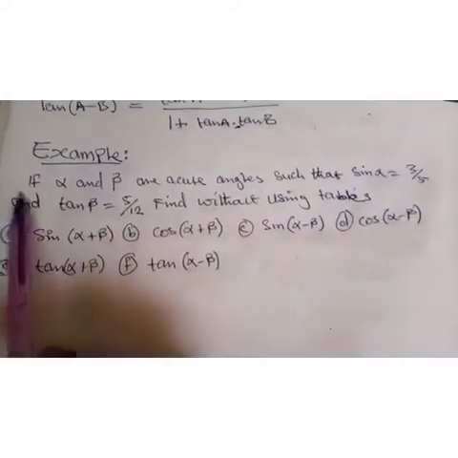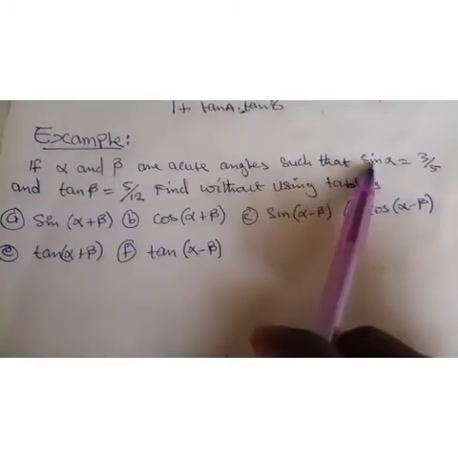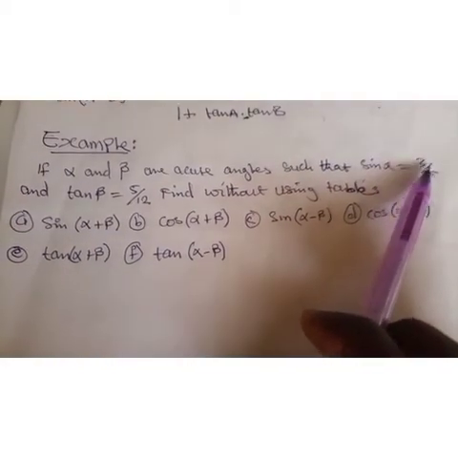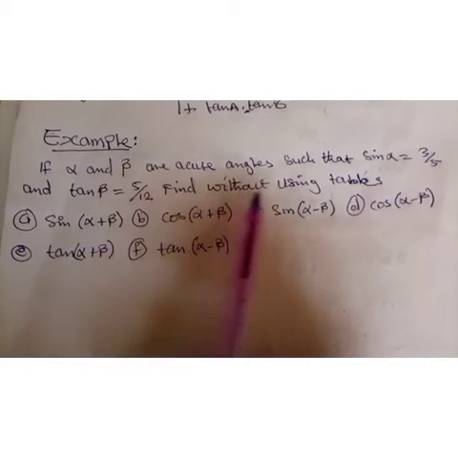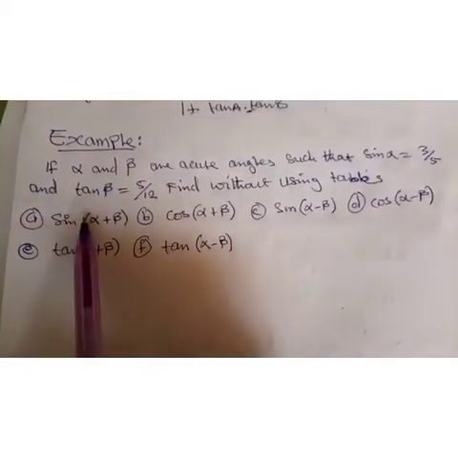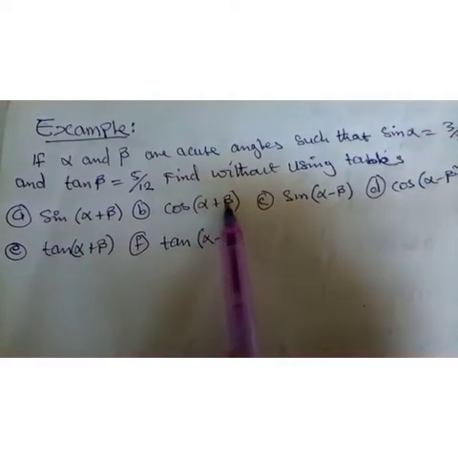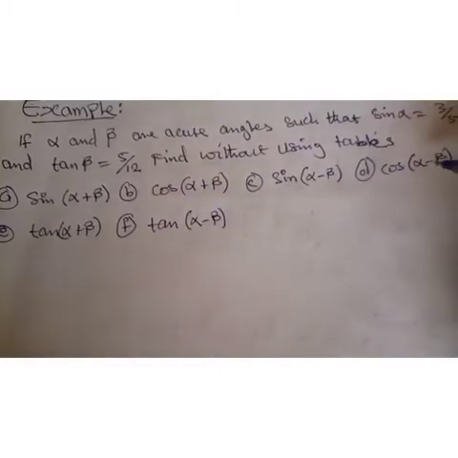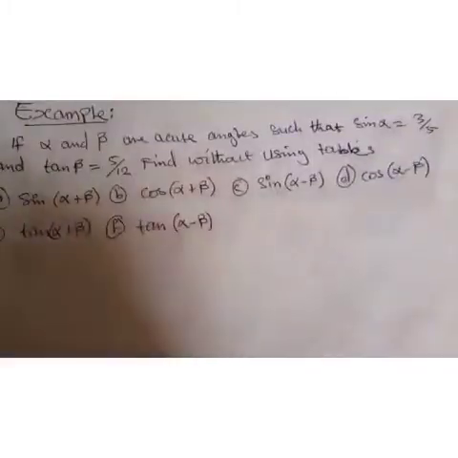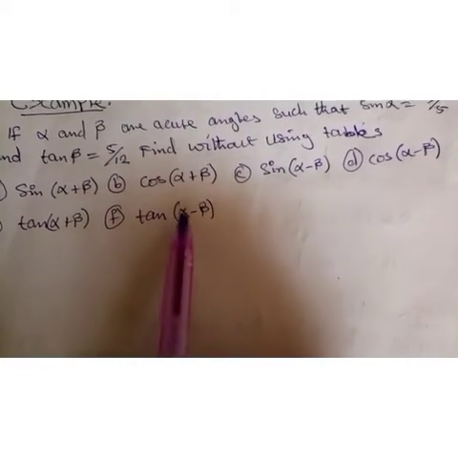Okay, so in the example, if alpha and beta are acute angles such that sine alpha is equal to 3 over 5 and tan beta is equal to 5 over 12, find without using tables: A, sine alpha plus beta; B, cos alpha plus beta; C, sine alpha minus beta; D, cos alpha minus beta; E, tan alpha plus beta; F, tan alpha minus beta. So as a solution,